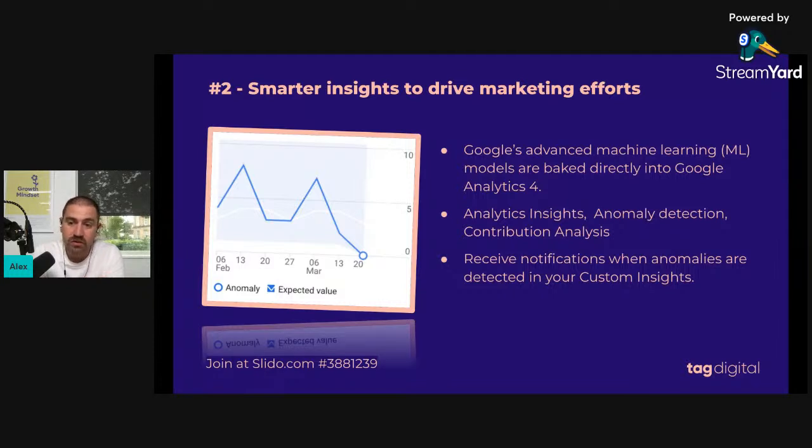Marketers don't need to dig into custom reports and have extensive experience with Google Analytics to get the answers they need on a day-to-day basis. You said you use it once a week, so you know that with Universal Analytics, sometimes it's really hard to get the data you need.